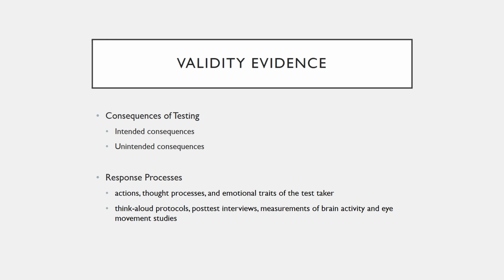So then, similar to reliability and validity, we also want to look at response processes, so how the different factors involved with the test taker are responding to the test and how that's impacting the test, right? So things like anxiety, things like emotional responses, things like stress level. How are these actions or thoughts or emotions of the test taker being impacted by the test, and how are they impacting the test itself?